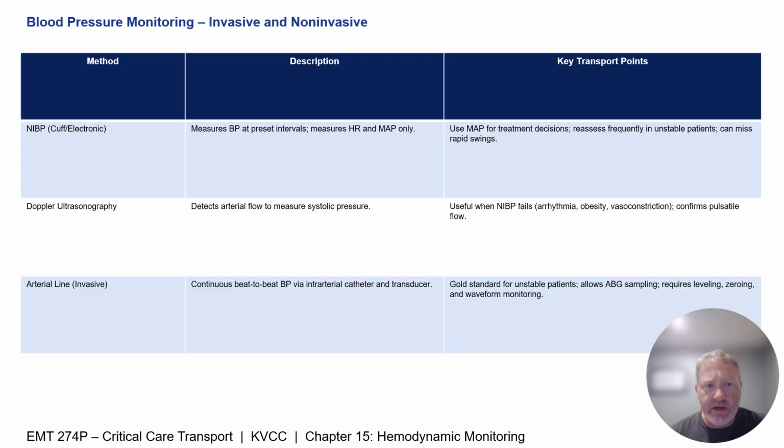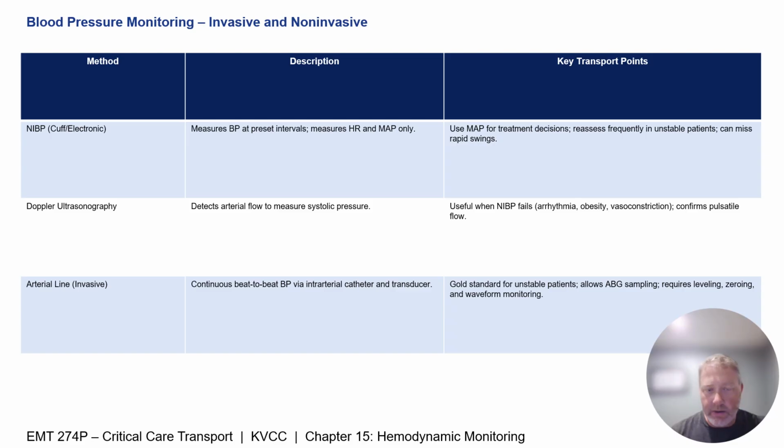Switch gears for a second to blood pressure monitoring. So blood pressure can be measured both non-invasively and invasively, but the method affects the quality of information that you get. Intermittent cuff blood pressure gives you useful trend data, but it might miss rapid changes and may be inaccurate in patients who are vasoconstricted, obese, or have heart arrhythmias. A Doppler can identify systolic pressure when the oscillometric cuffs fail,